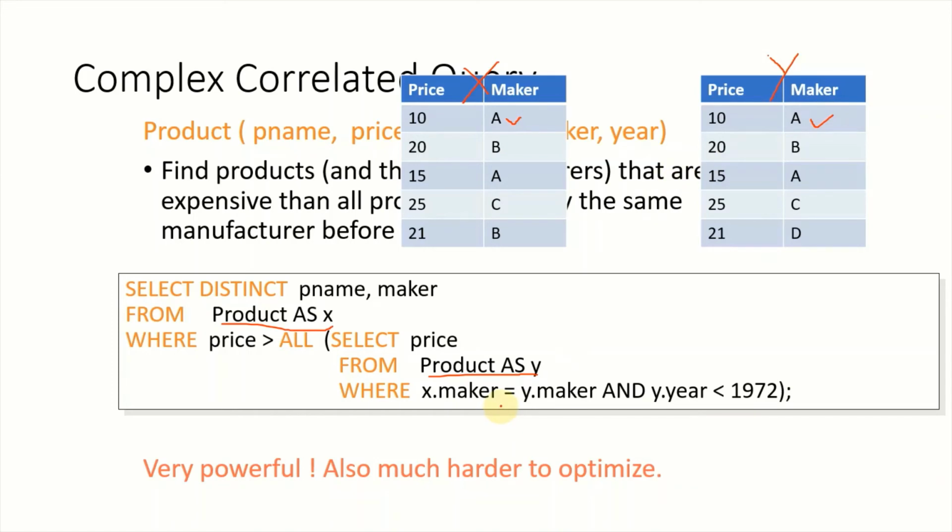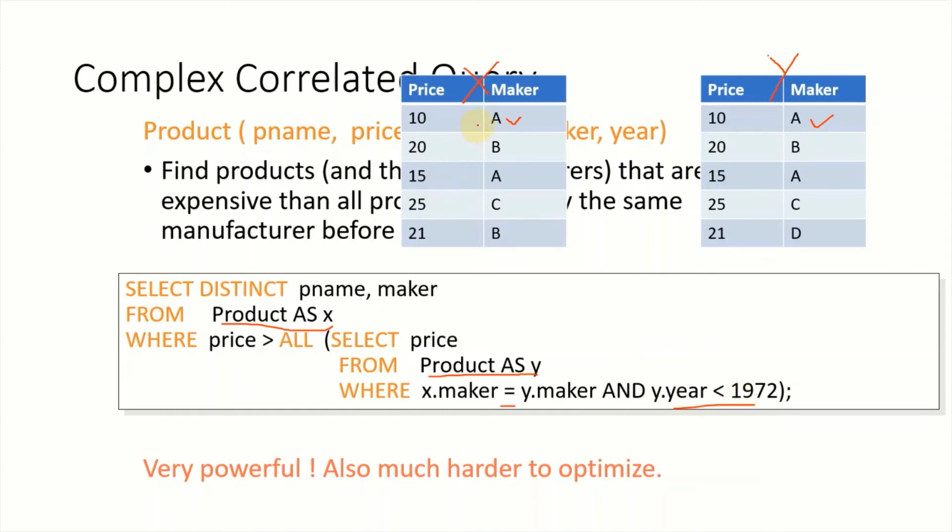and if found equal, then the price will be selected. I forgot one thing. There is another condition, that is about year. This condition is simple. We are using year greater than 1972. So now I'm coming back to